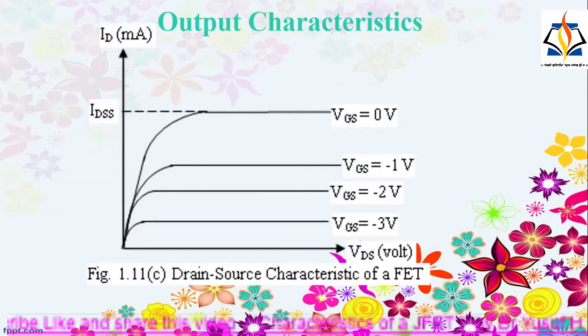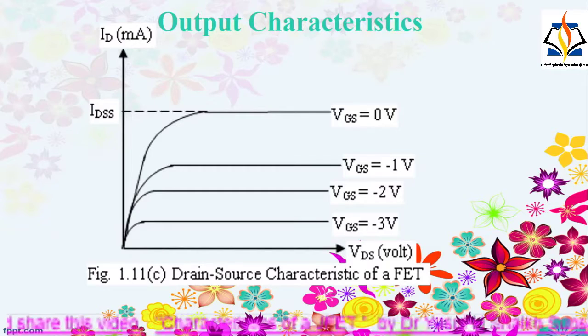These characteristics represent the variation, as shown in the figure in this slide, of the drain current ID with variations in the drain source voltage VDS for constant gate source voltage VGS. When VGS is equal to 0, the channel is entirely open with VDS equal to 0. No current flows from drain to source due to the absence of an attracting potential at the drain for the majority carriers. For a small value of VDS, the semiconductor bar acts as a simple resistance and the current ID increases